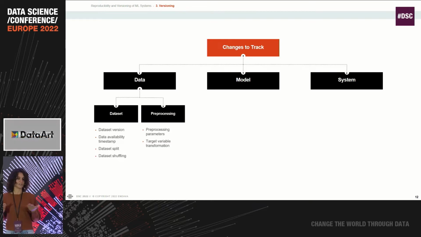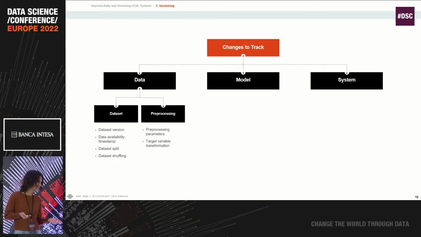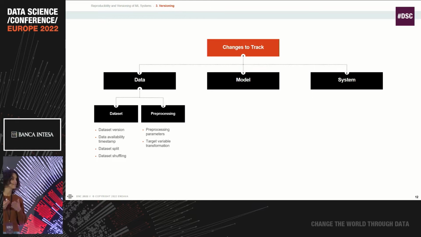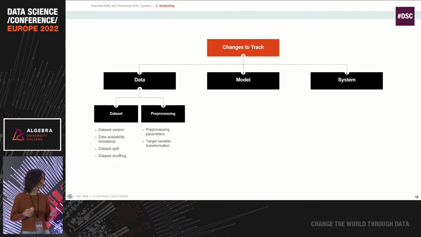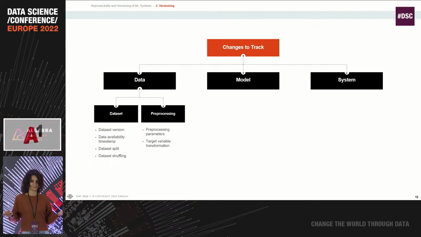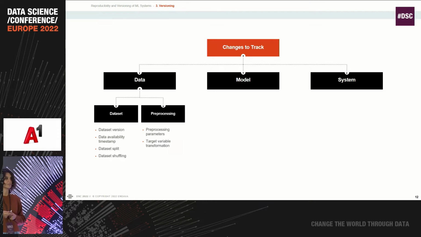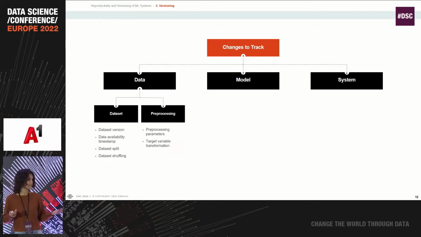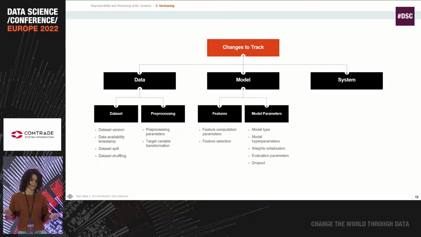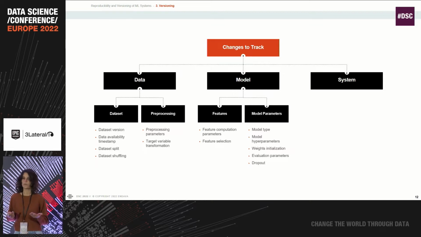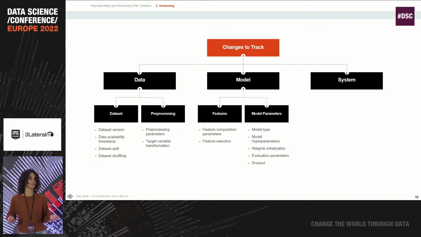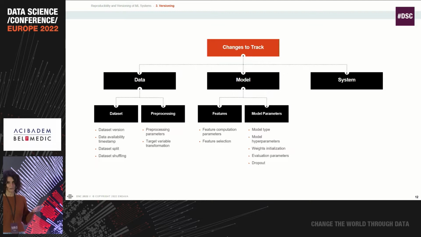So we have a lot of data parameters. We have a version of our data set. We have the timestamp when the data became available, train test split, shuffling of the data set, pre-processing parameters, maybe some target variable transformation, if any. Then we have a lot of model parameters: feature parameters, feature selection process, model type and architecture, hyperparameters, weight serialization, dropout,